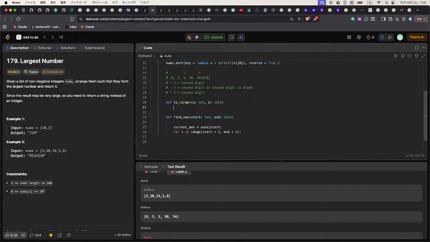And the first digit must be the same, so